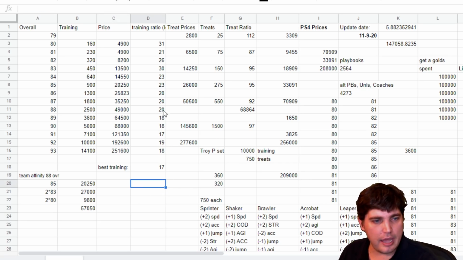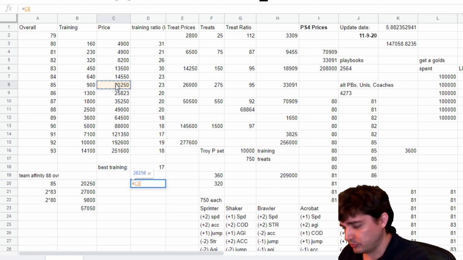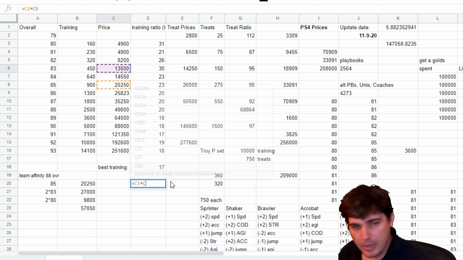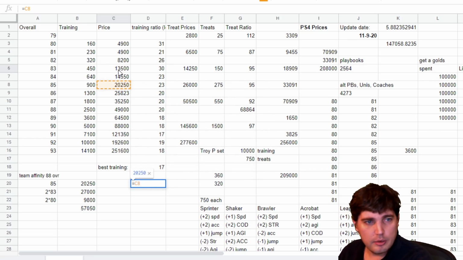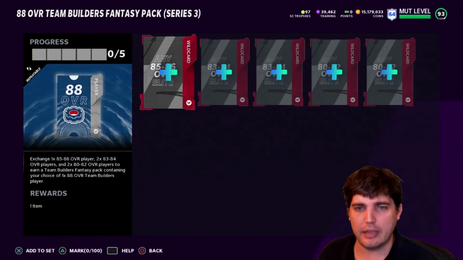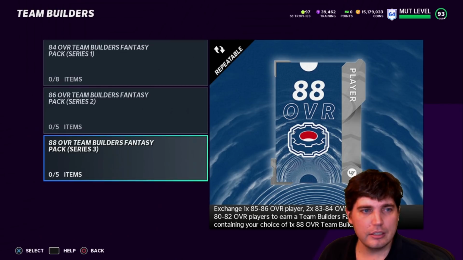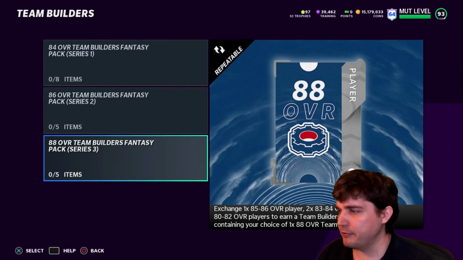Let's delete that, delete that. All right, equals an 85 plus an 83 plus, oh, I said times. I don't know why I'm hitting times. Plus an 83 plus an 83 plus an 80 plus an 80. So that stuff takes 57K to do, okay? But you're like, well, that's not going to be a profit because a lot of those things are going for like 50K. And I'm like, yes, okay, only if